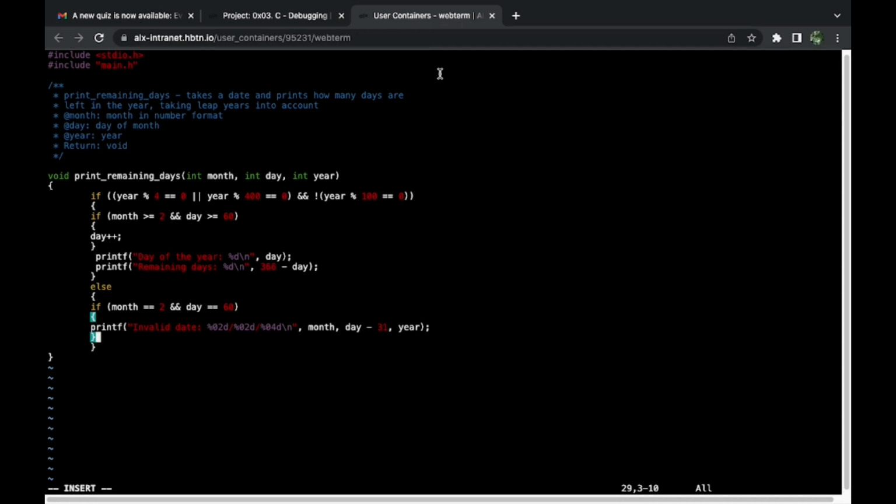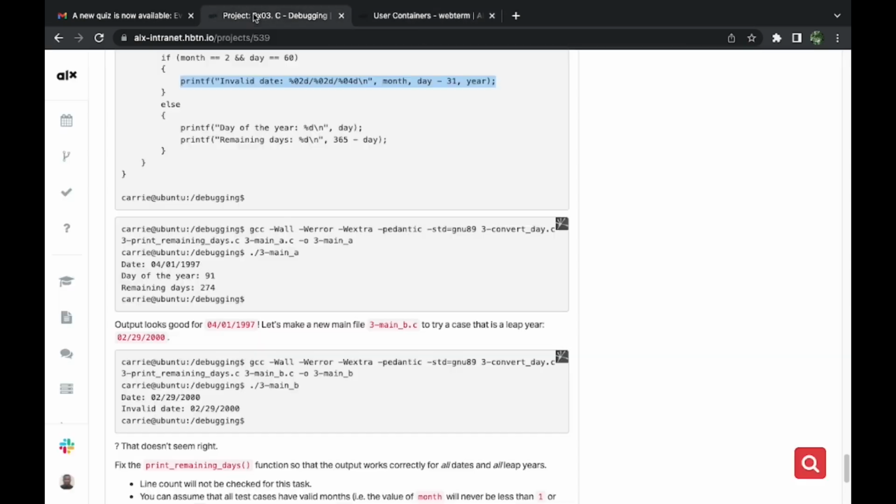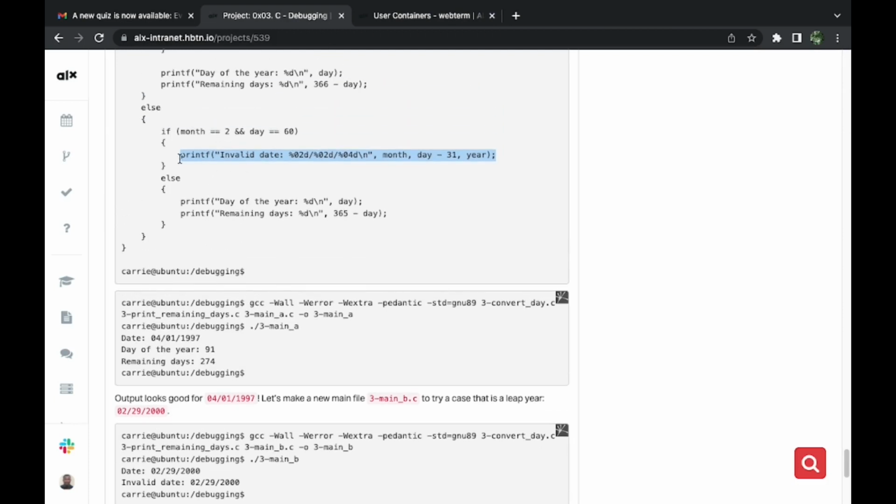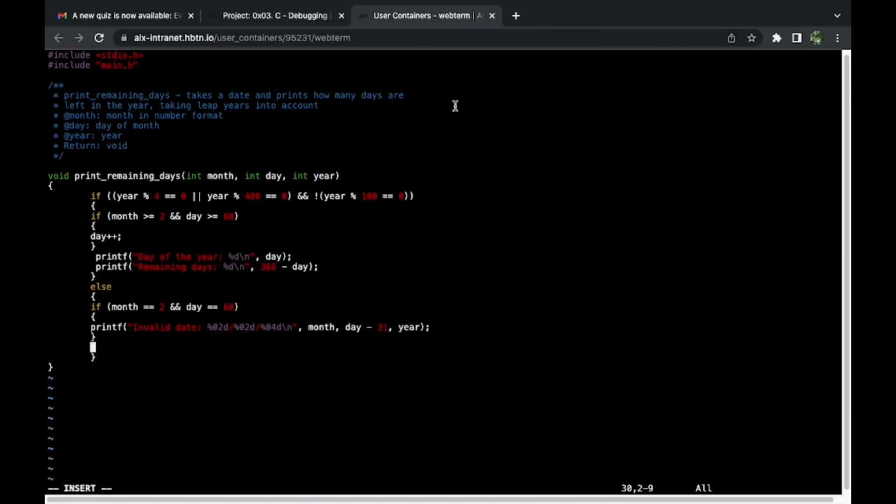If this is not the case, create another else statement. Let's see where this else statement is. Is it inside the if statement? No, it's below the if statement, but inside the bigger else statement. Okay, so inside this else statement we're creating, if this doesn't work as we expected,